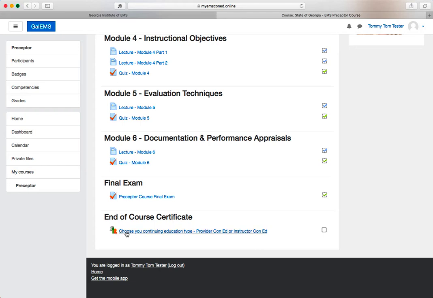So here I need to make a choice because we provide two types of continuing education credit for this class. One is either provider continuing education or instructor continuing education. Now, what is the difference between the two? The provider continuing education will go towards your provider license. That is your EMT, your EMT-I, your AEMT, your cardiac tech, or your paramedic relicensure as a provider. If you are not an instructor, that is what you need to choose,